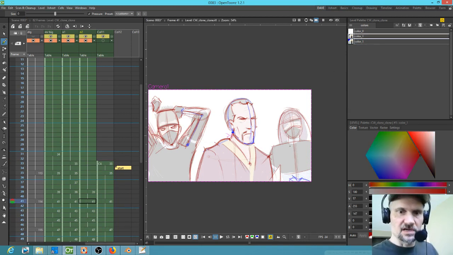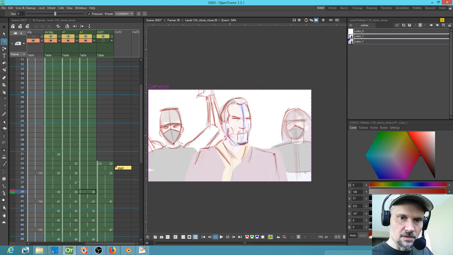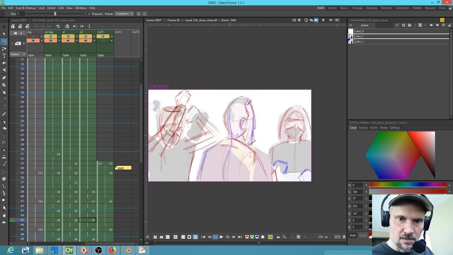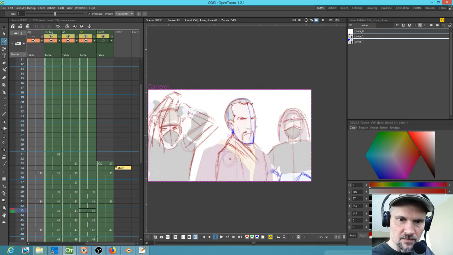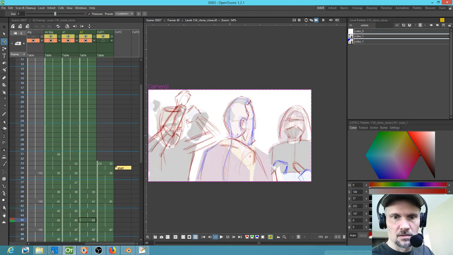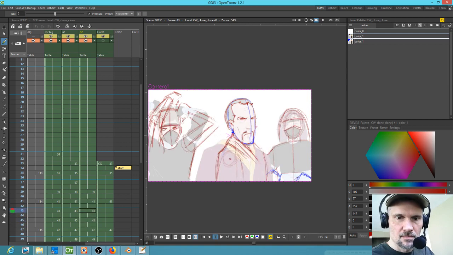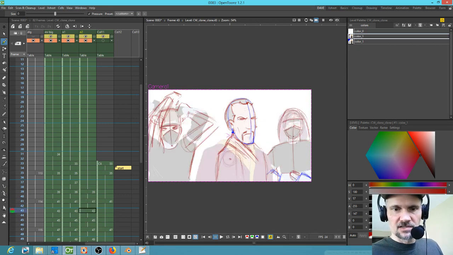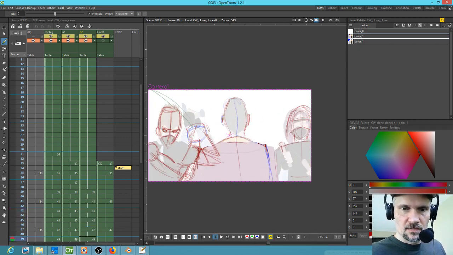Okay, I'm going to go back to the red, and we basically gotta have, since this is essentially a hard stick, we don't want to let it look like it's growing and stuff. Here,